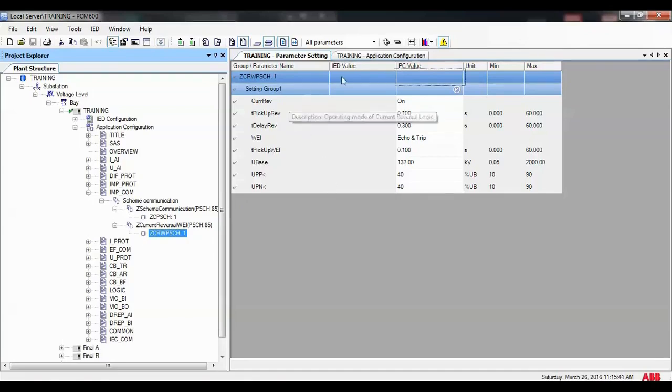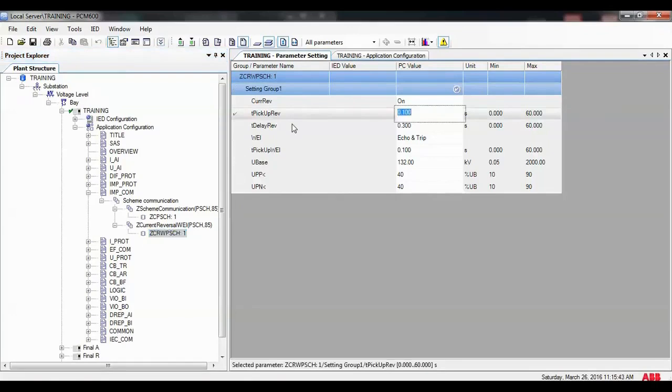T pickup reverse means that the reverse should appear for a certain period of time. Typical delay. Does it mean it should remain visible for a certain period of time, right? Or if after that it sees forward, it will delay your EDB trip and your carrier send by a duration